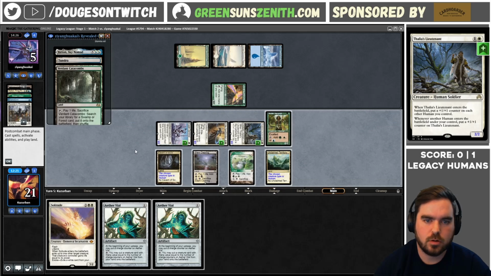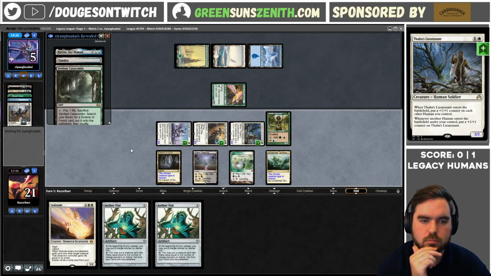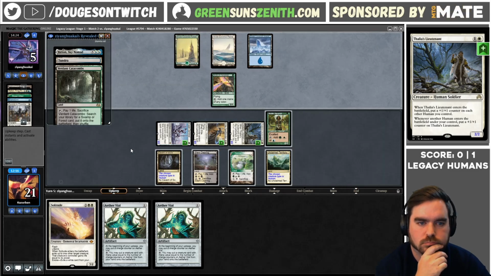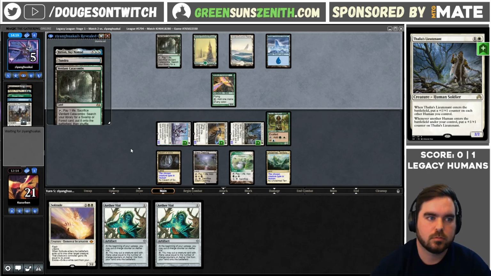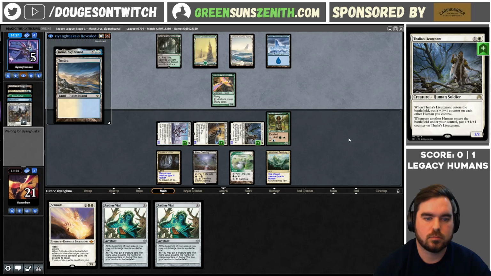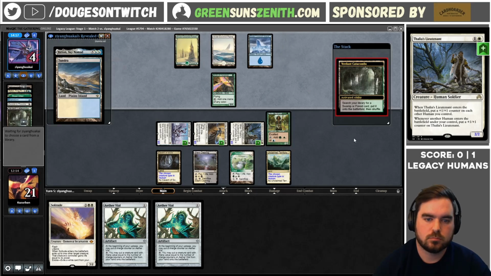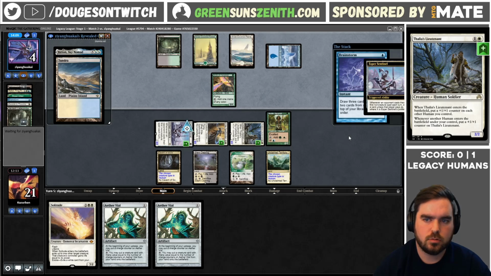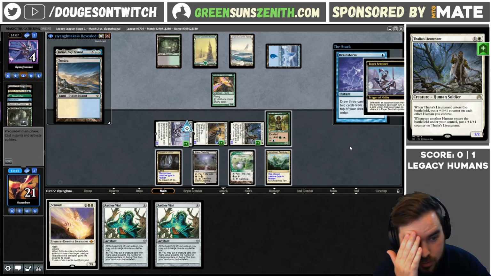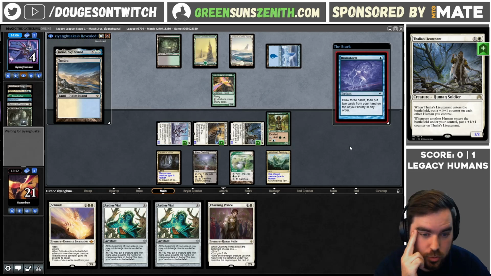No, I think we just hold up Solitude in case they have the combo. Because I could just have an Aluren here into it. At least if they do, they're going to brainstorm. At least if they do, we can...